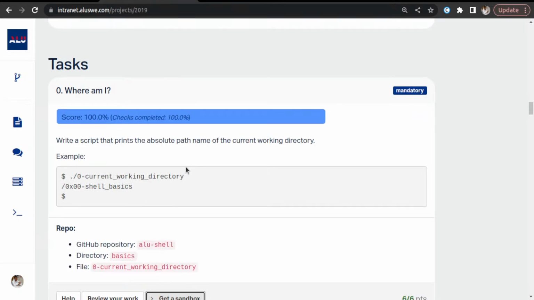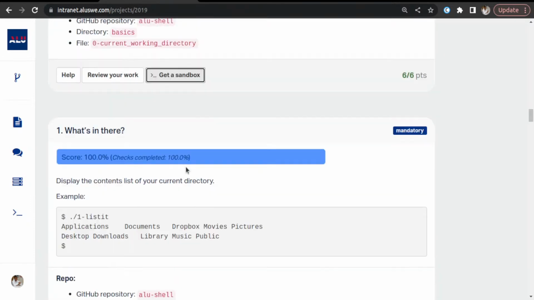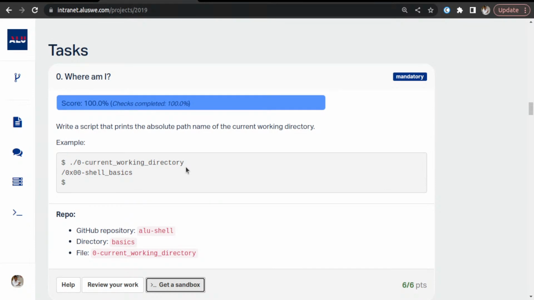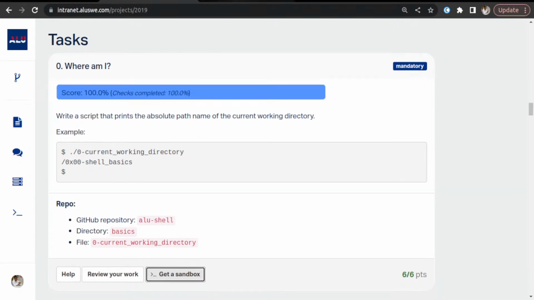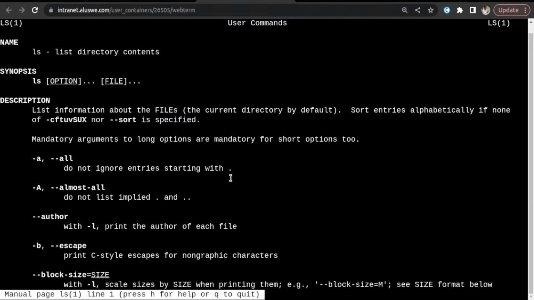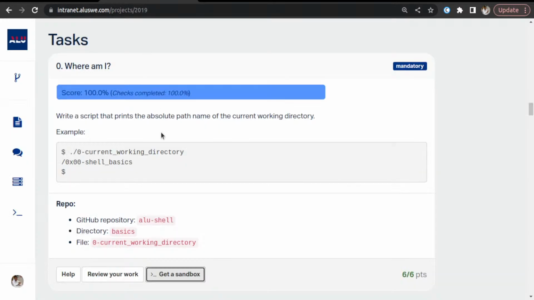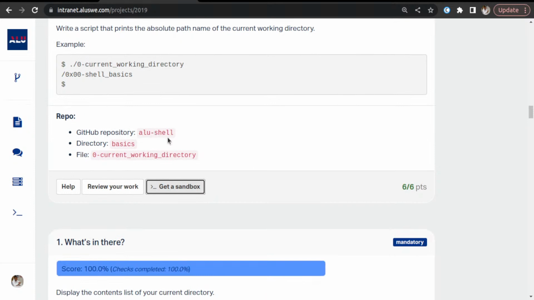So the task here is, we have tasks 0 to 17. The first task is, where am I? Let me just get my sandbox. I think I have my sandbox already. And we have to create a GitHub repository, which I believe we all have created, and at the root of